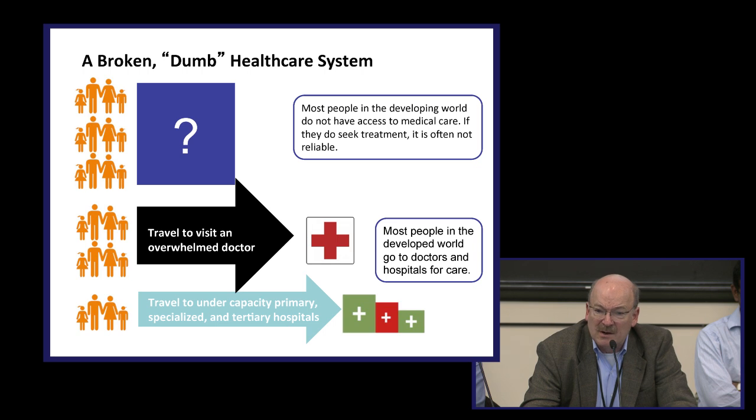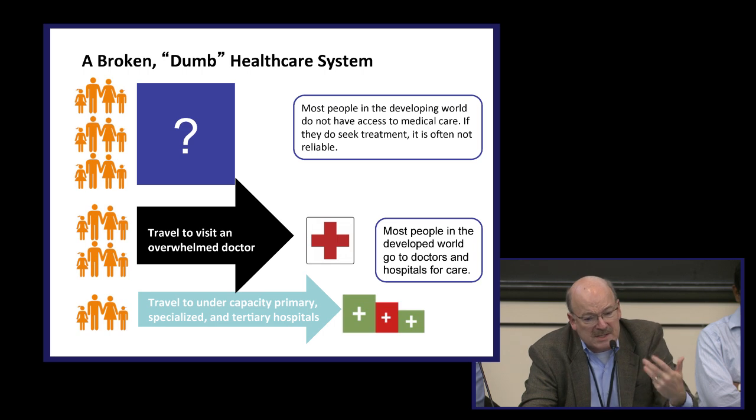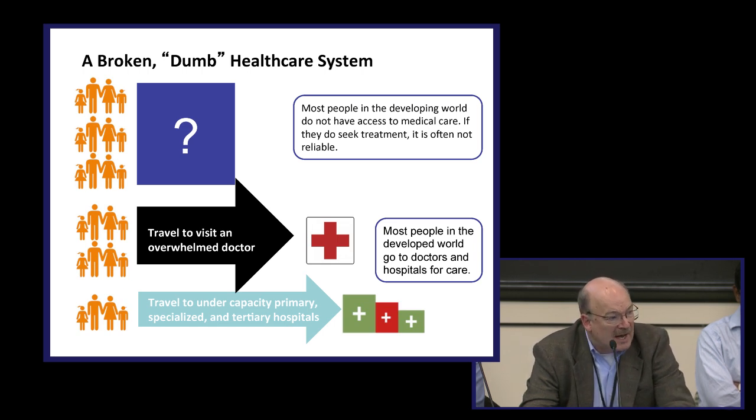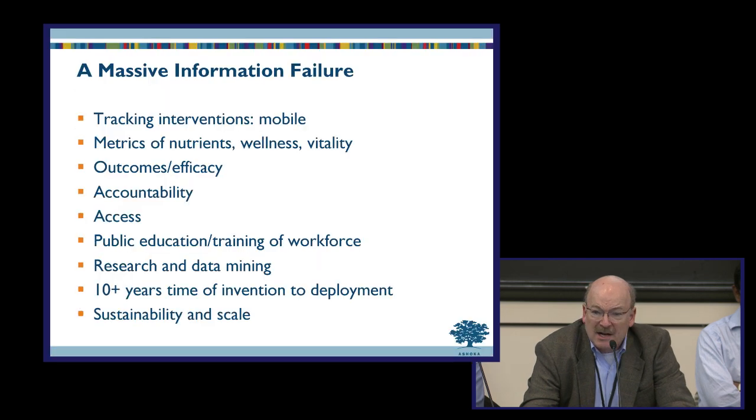So all over the world, though, what we have is what I'm going to generously call broken, dumb healthcare systems. They're dumb because there isn't good information flowing. There's not good information flowing amongst the participants, to the participants, from the participants to the researchers. The systems don't work very well here, although I'm a new patient of Kaiser's in Washington, and it works really well. It's very convenient, I found, unlike the health system I had before. But in most instances, we have systems that are either overwhelmed or overcharging, and in almost every case, they're subject to a massive information failure.